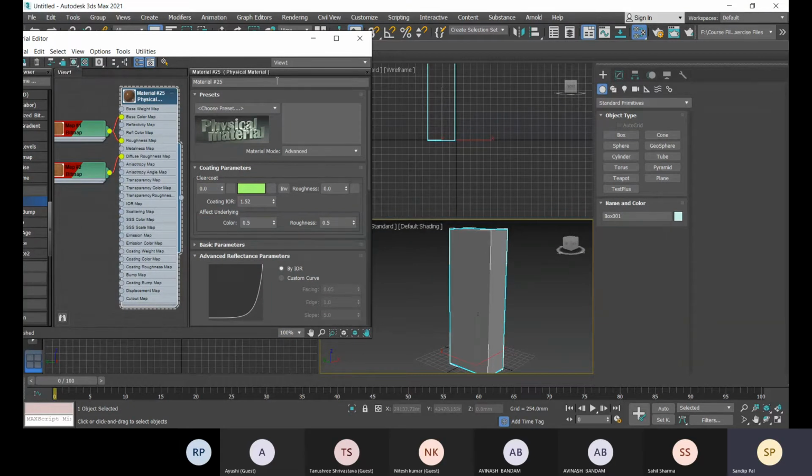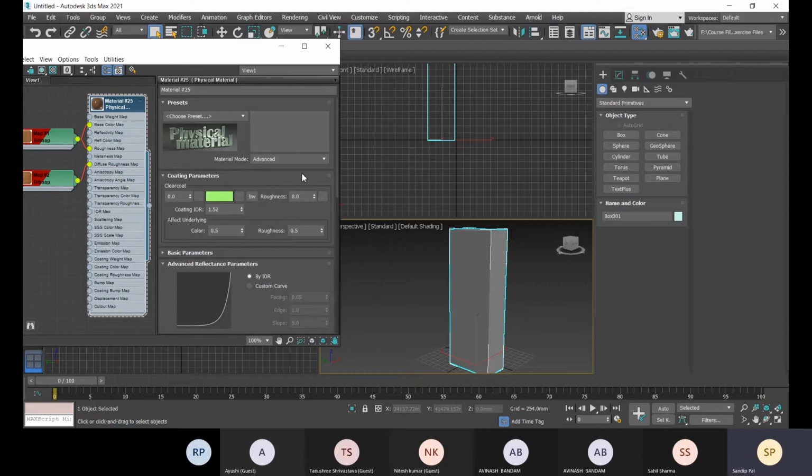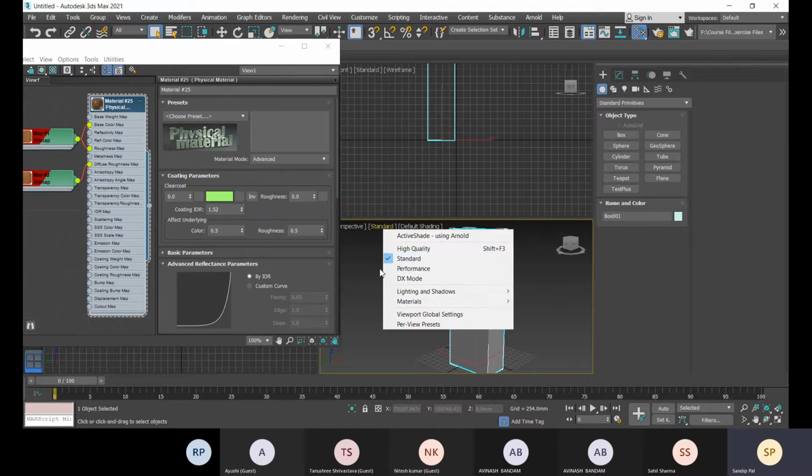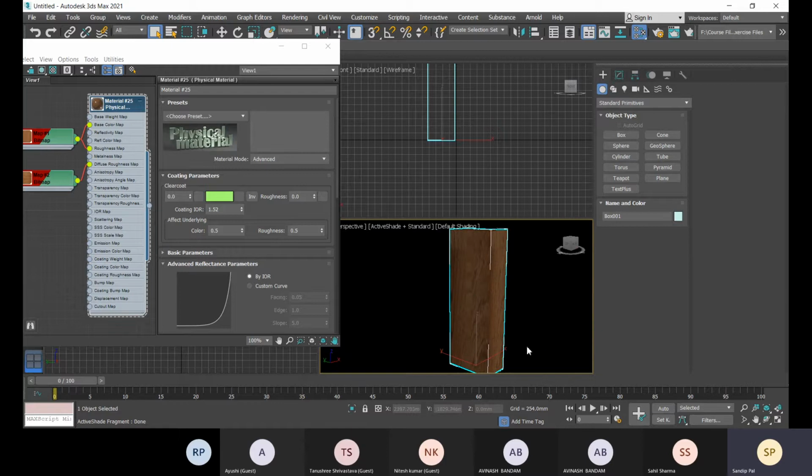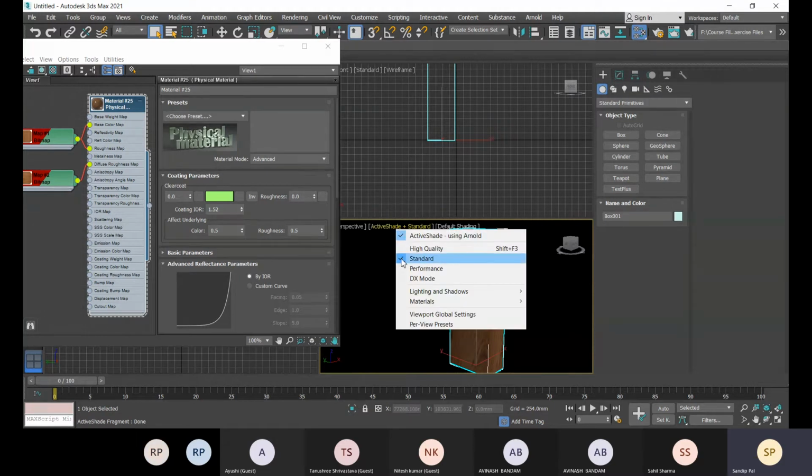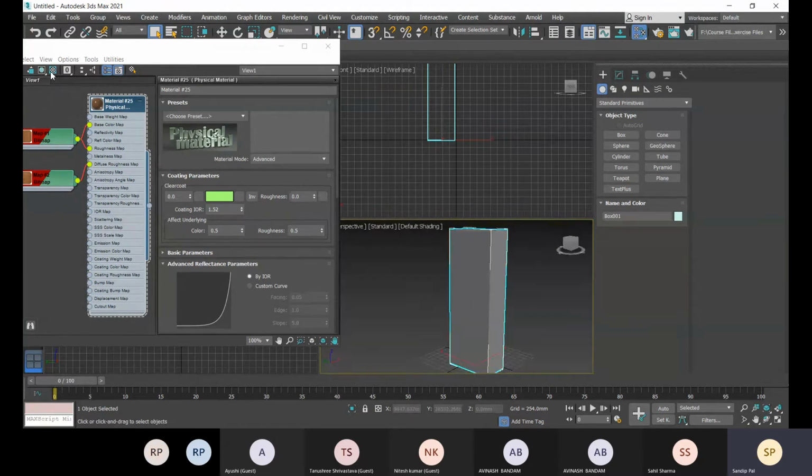This material will be shown within this standard shade, so you can see it in the viewport. If you don't want it within this standard shade, you can uncheck it, so you can see it in active shade mode. In this active shade mode also you can get it, so if you want to, you can choose like that. Okay, so let me check this option, shaded material.